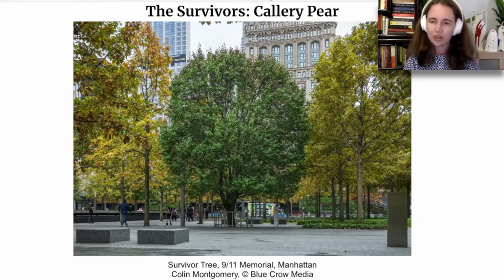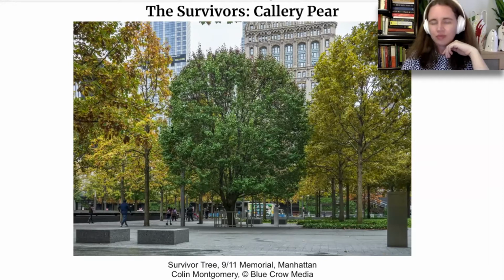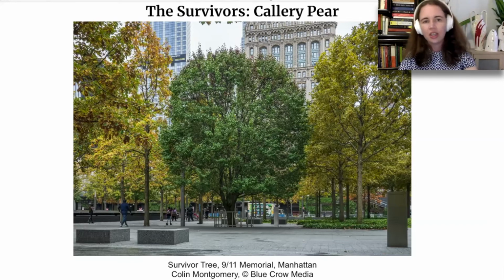And so I think it's interesting how trees become the symbol of resilience, and not even the tree itself. It could just be this connection to their survival. And this is one of my favorite kinds of trees. We have a Callery pear right outside our window right here. Yeah. Flowering right now. It's beautiful. Oh yeah, this is a great time of year to go look at trees. You're either seeing their flowers, like the cherry blossoms, tulip trees are gorgeous right now, magnolia trees,